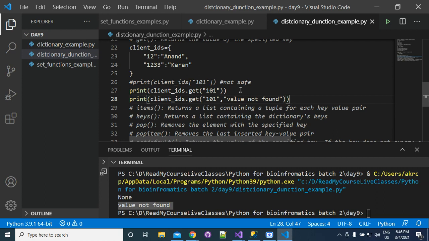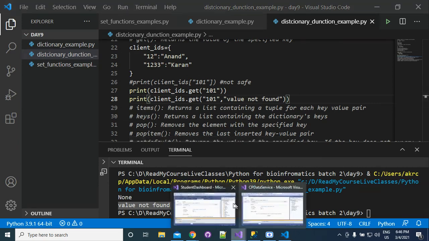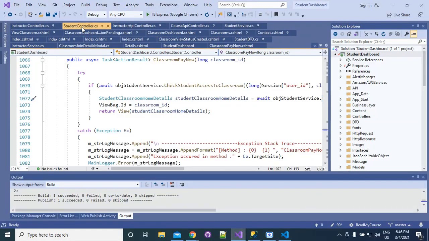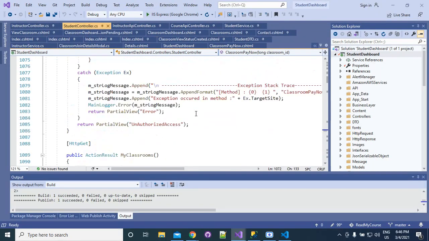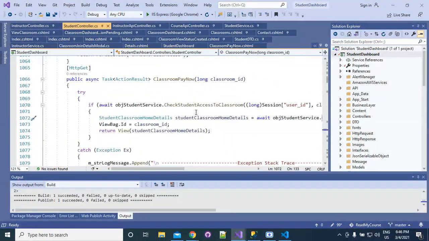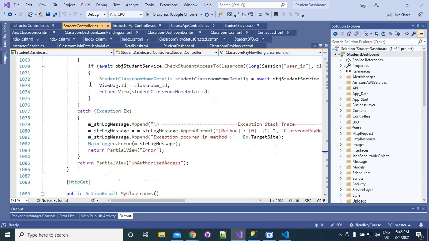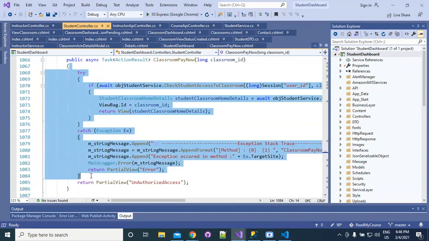Okay, try exception block. I will give the example of this later. Just for example, this is not Python, this is .NET. In this .NET you can see that any program that I am writing here, I am writing inside the try catch block.